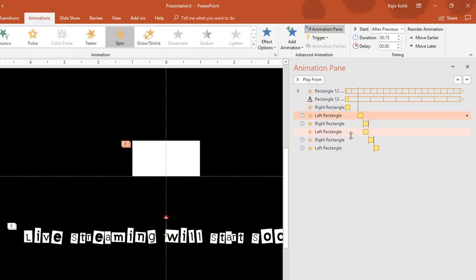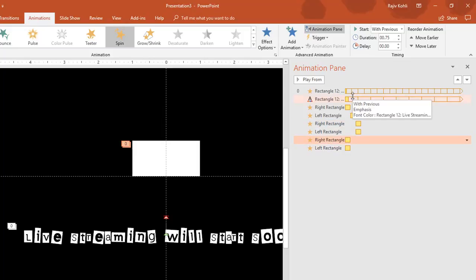So instead of doing that, what you can do is select all of these animations and tell PowerPoint to start all of them with previous. Later you can add the delay timing, just like that.